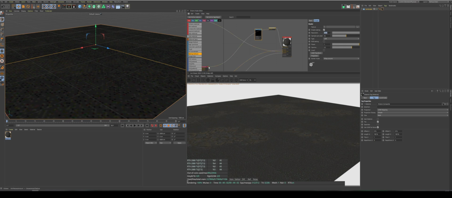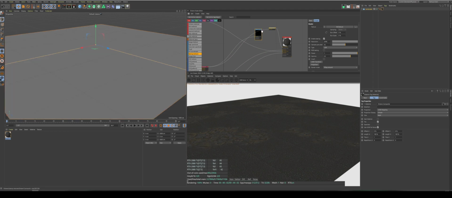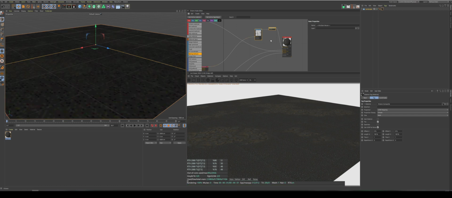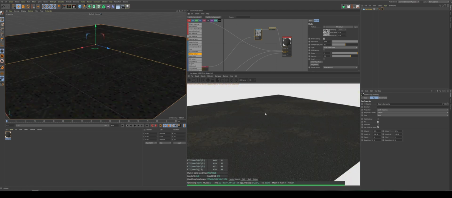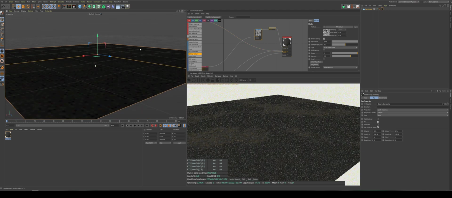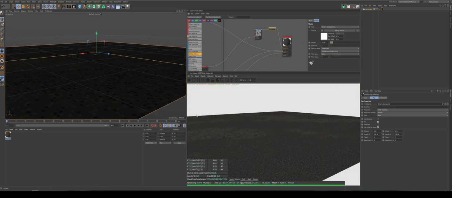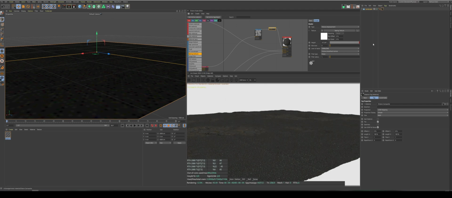So I'll add this mixed texture to this texture, and this one here. And also let's change type to HDR, because there were cases when I started to see steps of height, and this is not good. So we don't see any result yet, and this is because we have a big scene and we need a bigger height. So now we're getting somewhere,